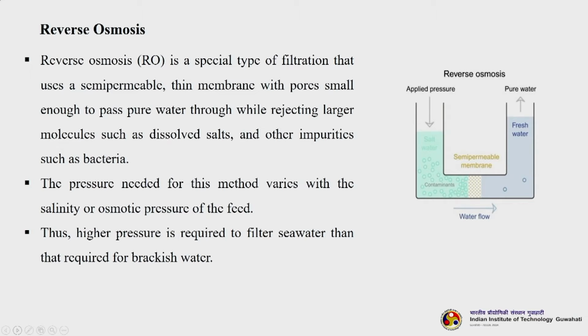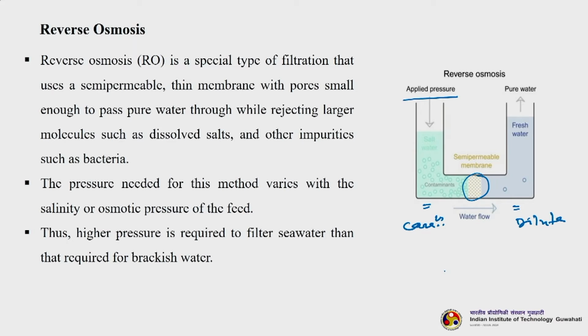This is the semi-permeable membrane. Here this is the concentrated phase and this is the dilute phase. In RO we need to apply a pressure which should be sufficient to overcome the osmotic pressure. The applied pressure must overcome the delta pi, the osmotic pressure difference, so that water flows from the concentrated side to the dilute side, against its chemical potential gradient. That is why we need to overcome the osmotic pressure difference.